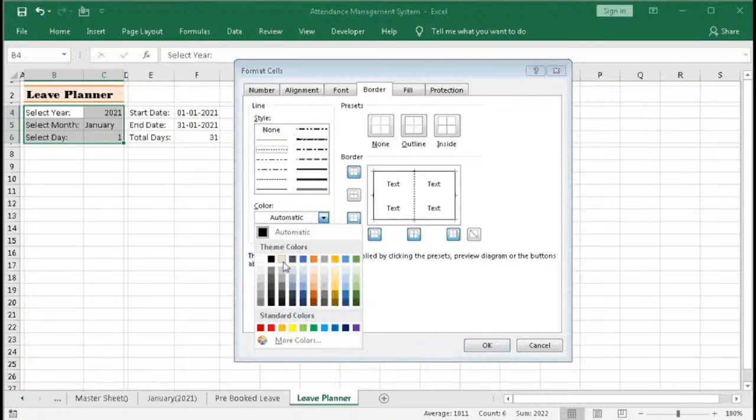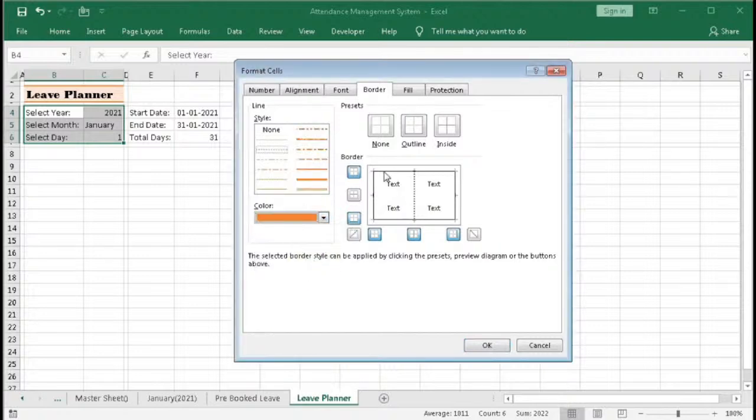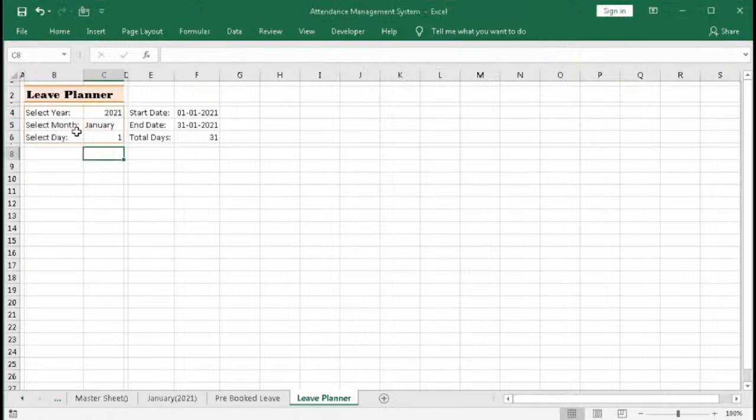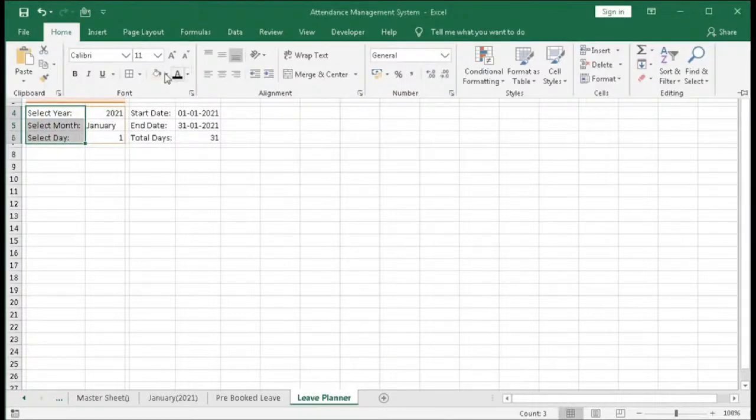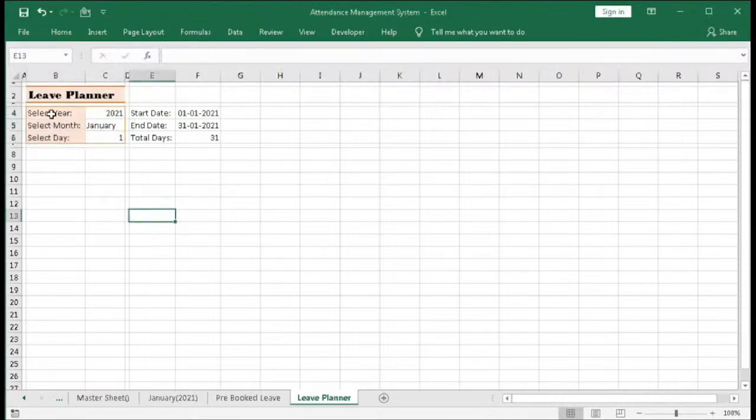Sorry, color should be this one. So again this one is outline, okay, and here fill color should be this one, okay. Okay, here should be another border,